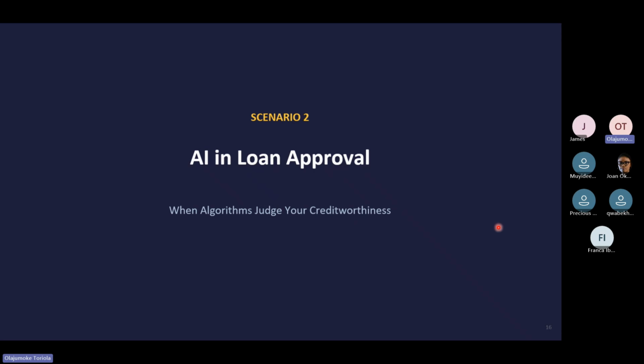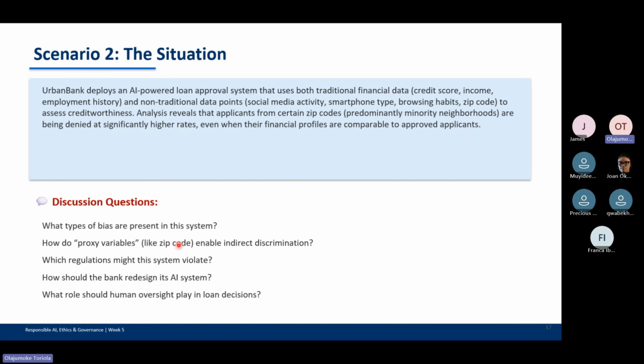Our next scenario is AI in loan approval, and this is about when algorithms judge your creditworthiness. Let's read the scenario again. Oba Bank deploys an AI-powered loan approval system that uses both traditional financial data, credit score, income, employment history, and non-traditional data points, that is, social media activity.